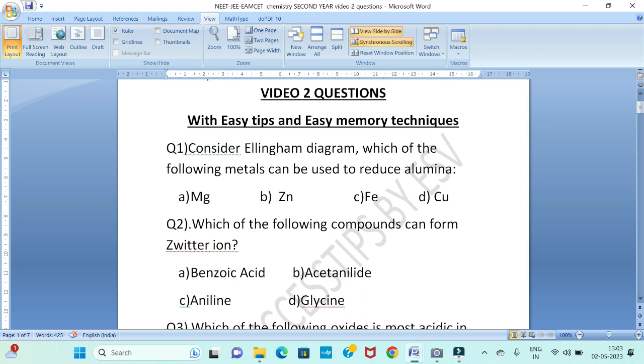Which of the following compounds can form Zwitter ion? Benzoic acid, acetanilide, aniline, glycine. Answer is D, glycine. See here, in glycine,